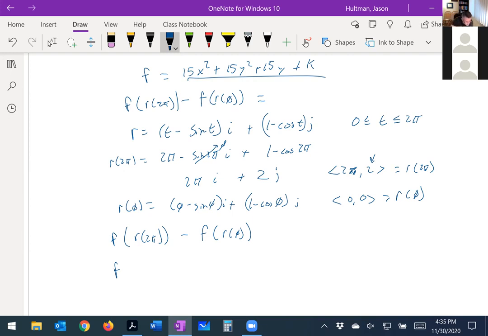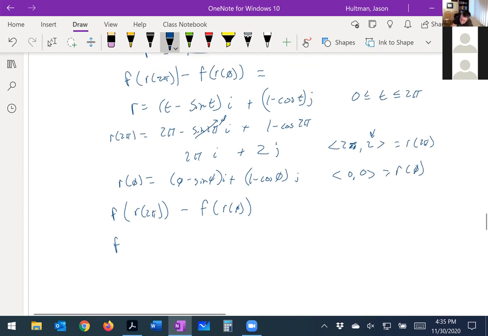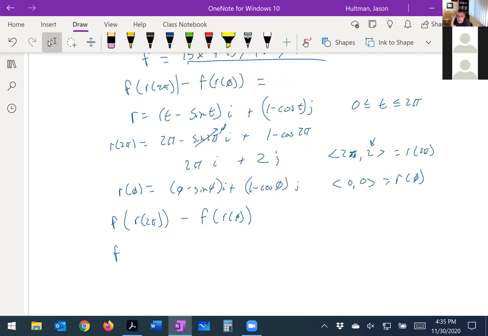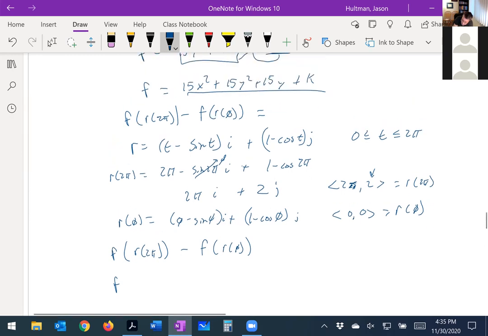Oh. Minus cosine. Oh, well, let's just continue and we'll see if I can see my error. Okay, so what was f? F was this thing, right? So 15x. So for this guy, it's